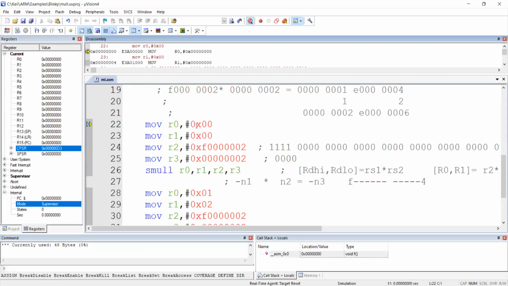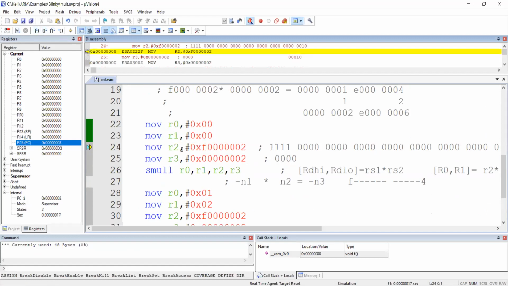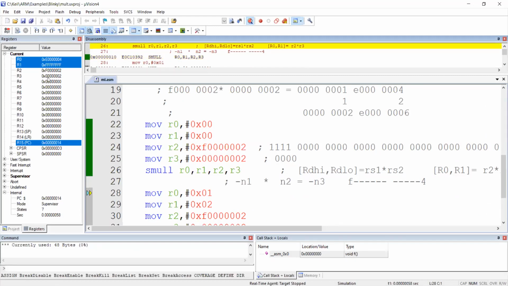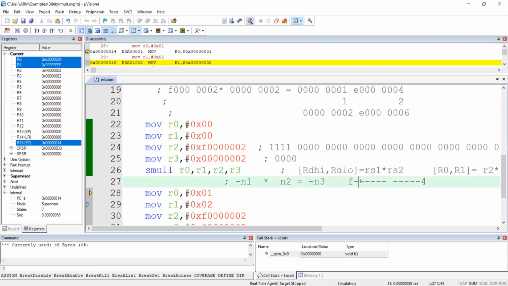So first line 0 in the R0, second line 0 in the R1. So third line F with the 0s and 2 in the R3. Sorry, in the R2. R3 is only 2. So what is the R2 value? R2, sorry, product of two numbers. It should be minus. So, okay, now can you see the R1 value? What's the R1 value? Do reply in the chat box. What is your observation? So what is the R1 value here? F. Okay, which I have mentioned here, this much. Here you see, R1 value is F.